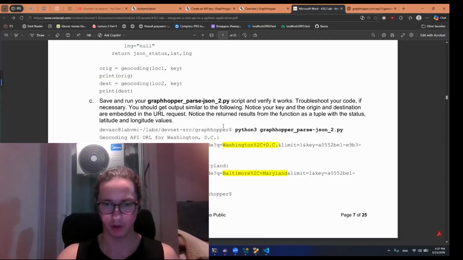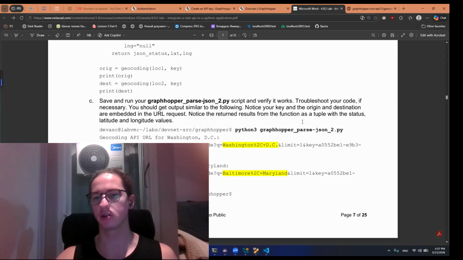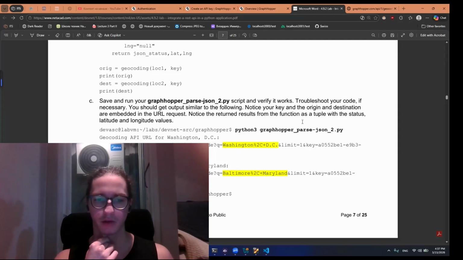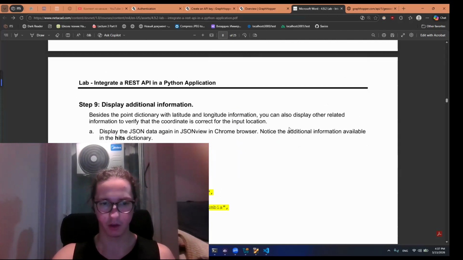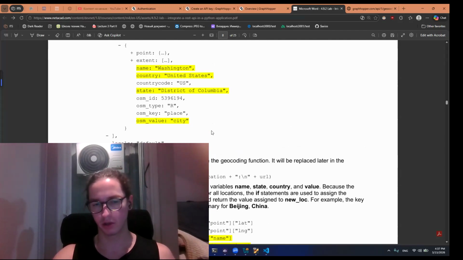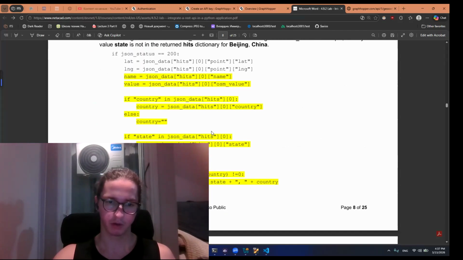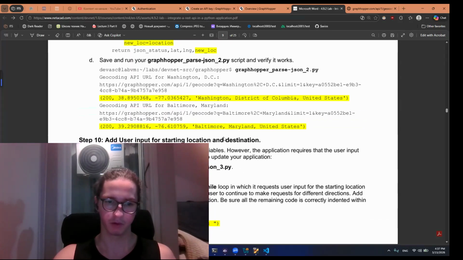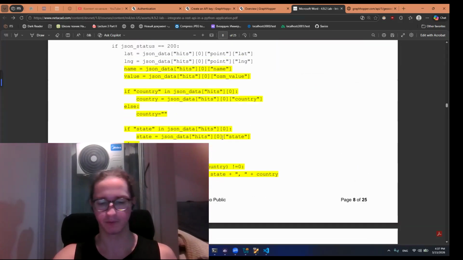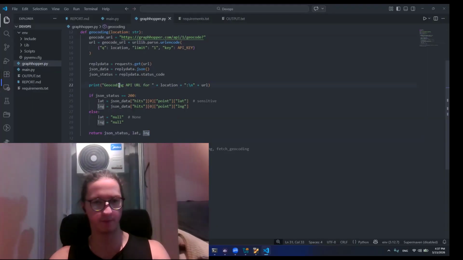Let's proceed further. Notice there's no result from the function as a tuple with the status, latitude, and longitude values. Okay, it works. Display additional information. Name, country, state. Okay. Oh, very bad code. Okay,